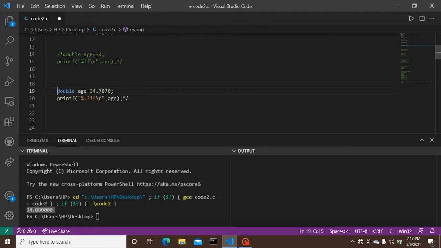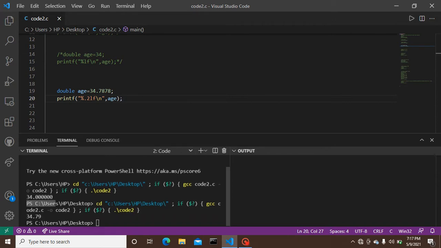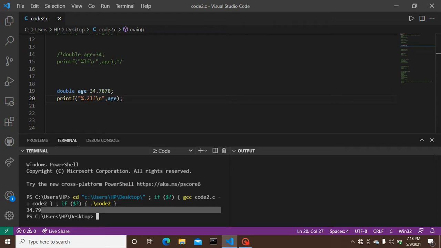Here, let's have a look. See the output for our code. These are lines 19 and 20. Let's have a look at this code we have provided here.